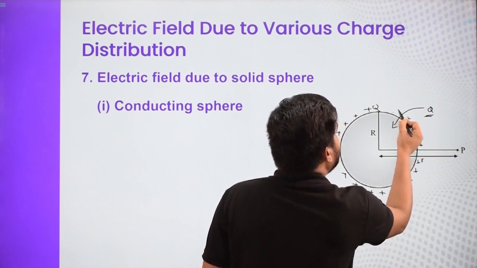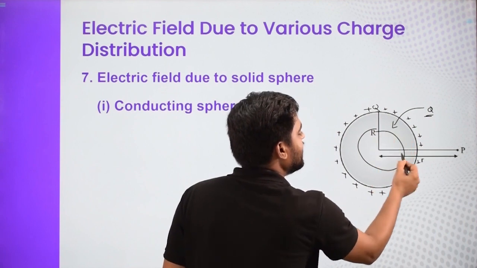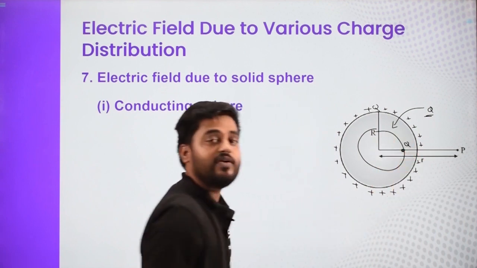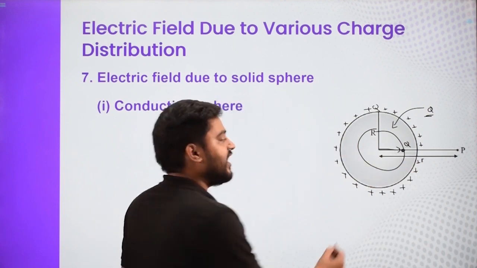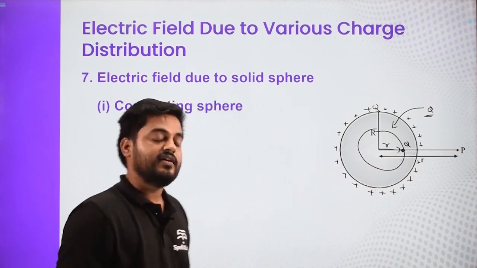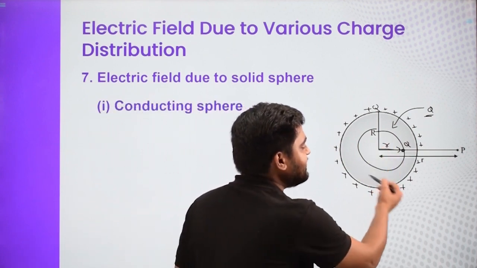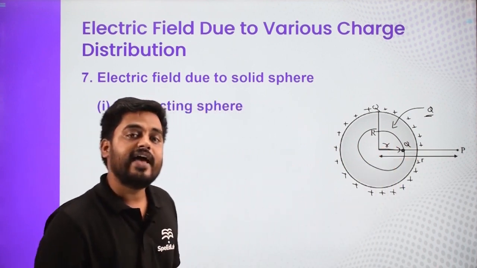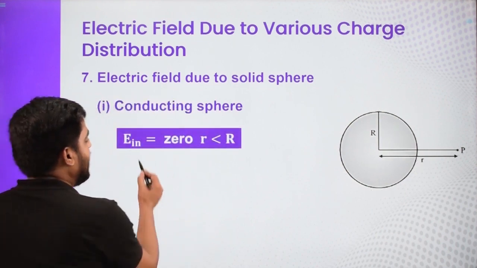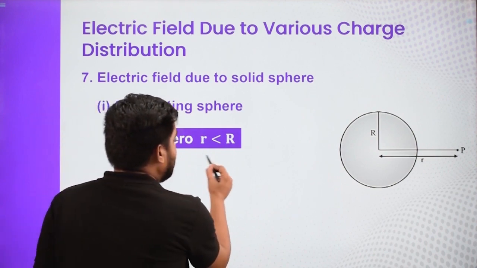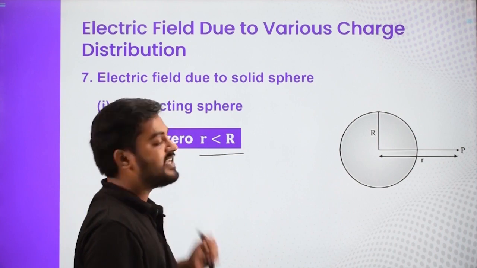So the entire charge is lying over here. Again, if you go to a point, assume this point is Q, and I want to find the electric field at Q. So I assume a Gaussian surface having a radius r, and when you write the same thing, flux is equal to Q in by epsilon naught. Here again the charge lying inside the Gaussian surface is 0, hence E will be 0. So the electric field at a point lying inside the conductor is always and always 0.